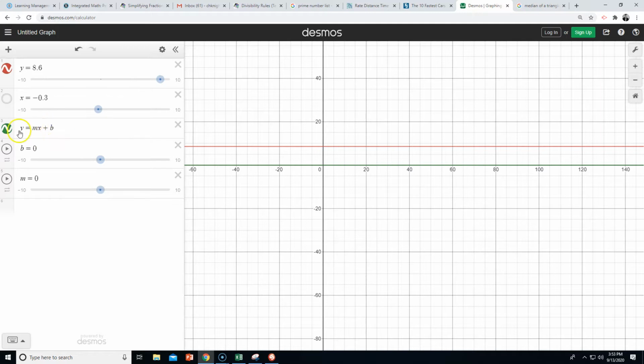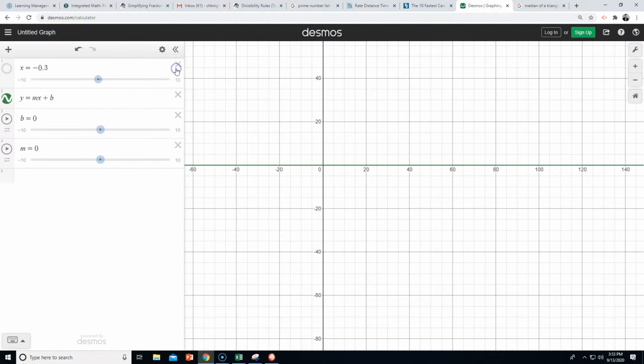In this case, y equals 0, since b is 0, so I have the horizontal line going through 0. Up here, it's y equals 8.6, so they have slopes of 0, and that makes sense. But now let's see what happens if I have a slope of 1 and I change my y-intercept. Well, this is what's going to happen. It's going to go up and it's going to go down. It kind of looks like it's sliding diagonally, but really what's going on